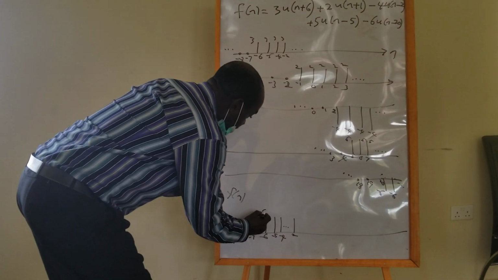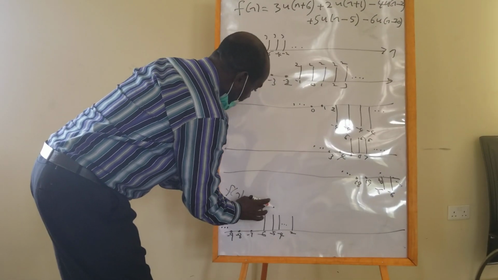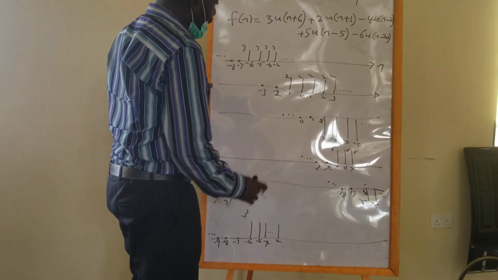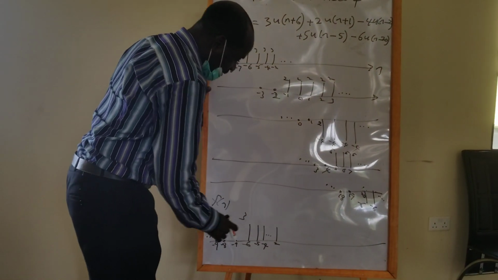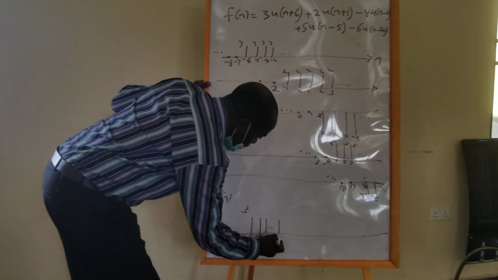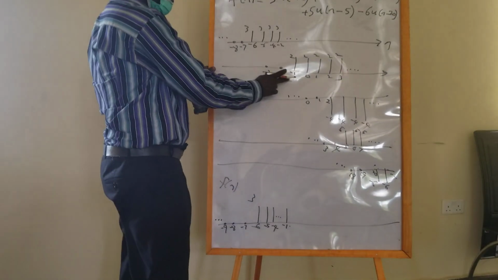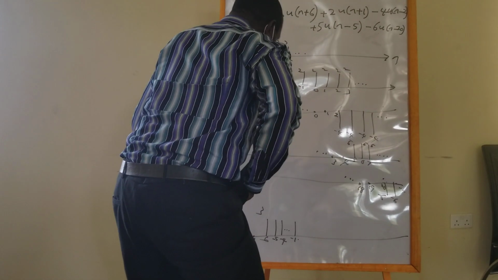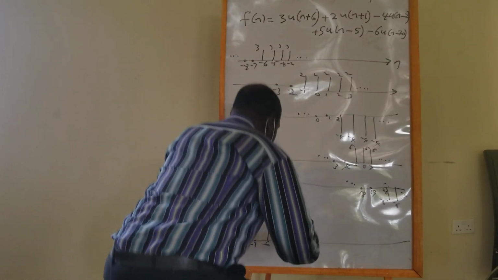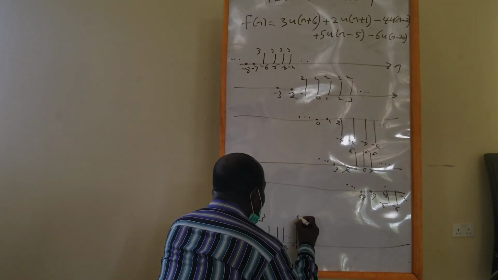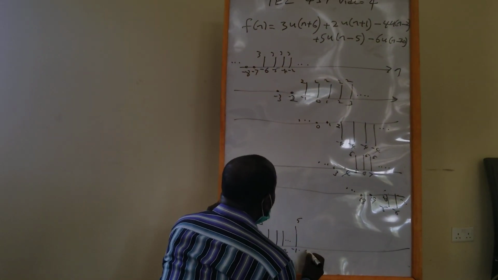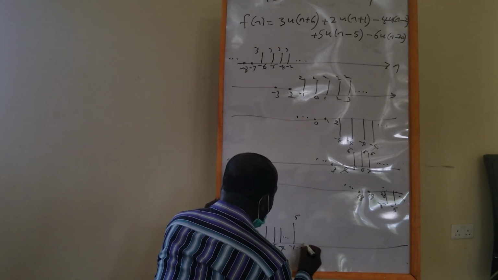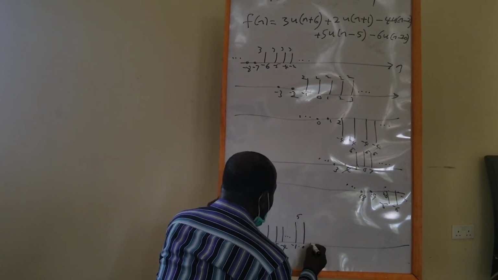The height is going to be 3, and that's going to be up to minus 1. The next one is waking up at minus 1, and it is 2. So at minus 1, it's going to jump to 5, a bit higher, 5. Up to where? 0, 1, 2. I'm going to have 5 here, 5 here,